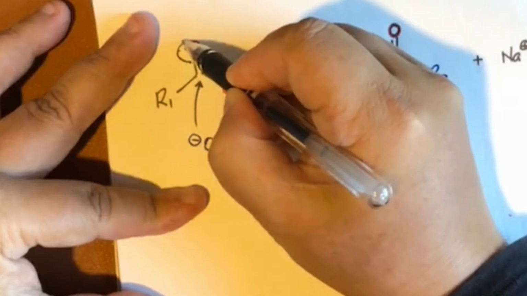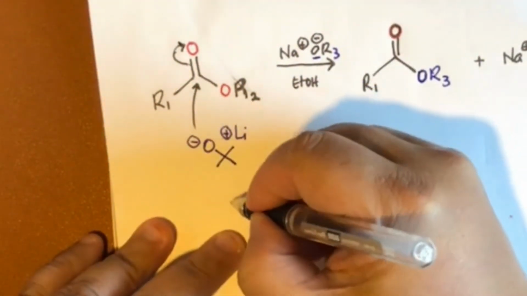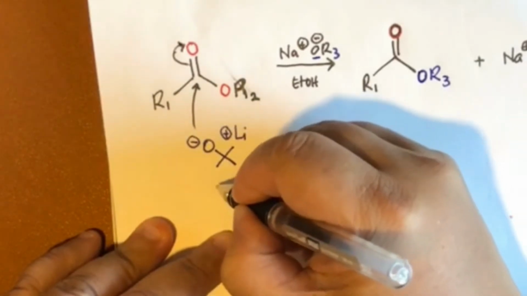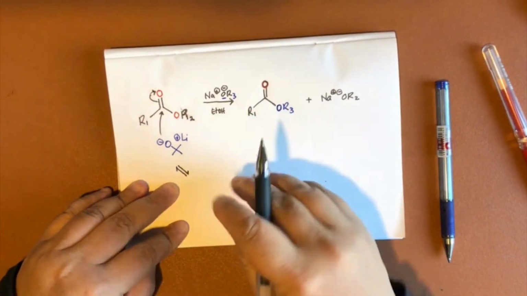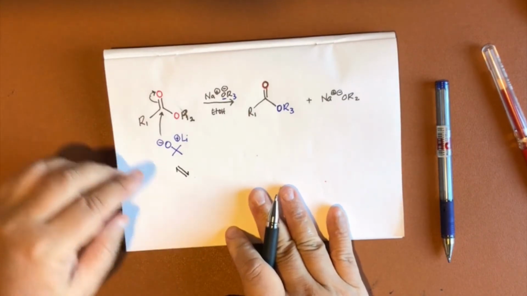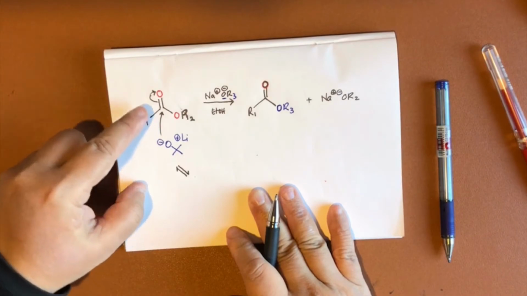Let me draw this as an equilibrium. Next thing is that when that species, the alkoxide, attacks the carbonyl in this manner, it will open